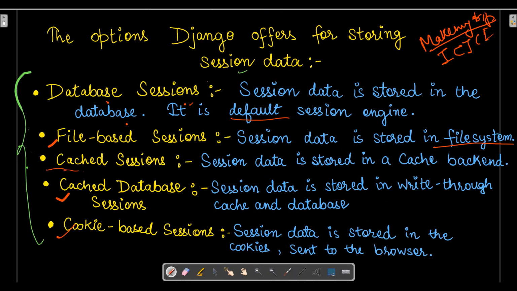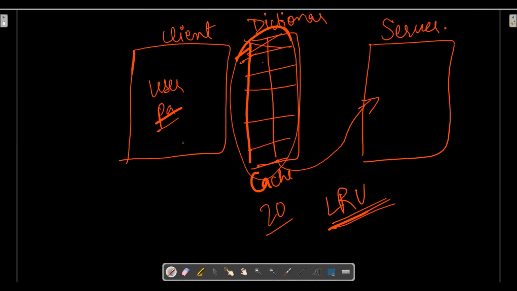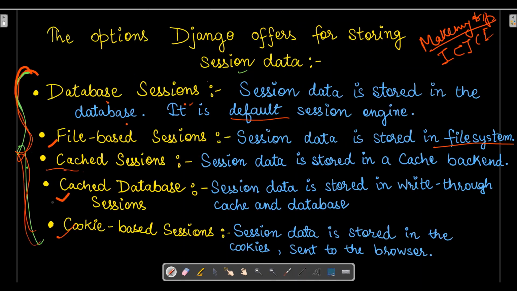Then comes cookie based session. Session data is stored in the cookies. Here in the client itself, when we open our browser, it takes a small space in the form of cookies. Like when you enter an unknown website, right? There it first asks, should I add cookies to your website? Because it won't be adding information on their server. Instead, they'll be taking the cookies in your browser itself, so that when you open it the next time, it will take less time and will open then and there using cookie session. So these are the types of session data which Django offers.